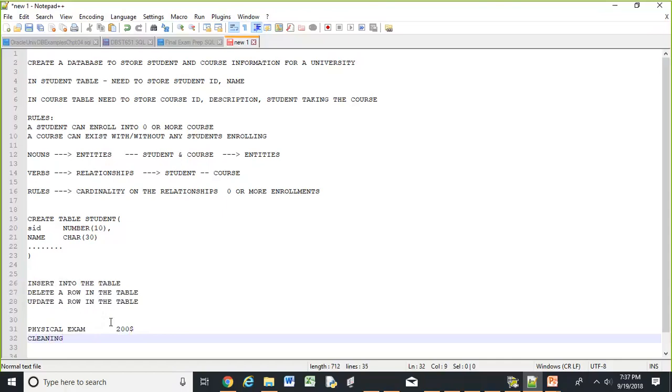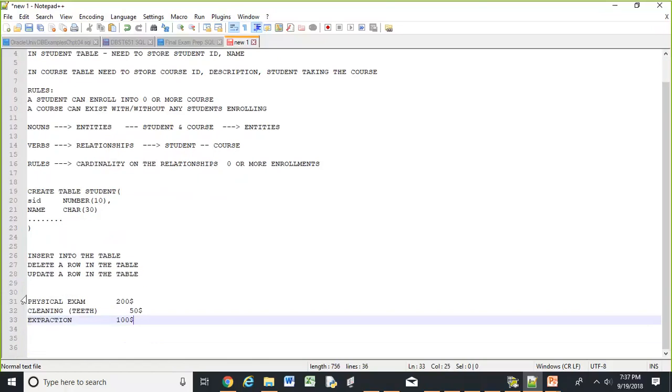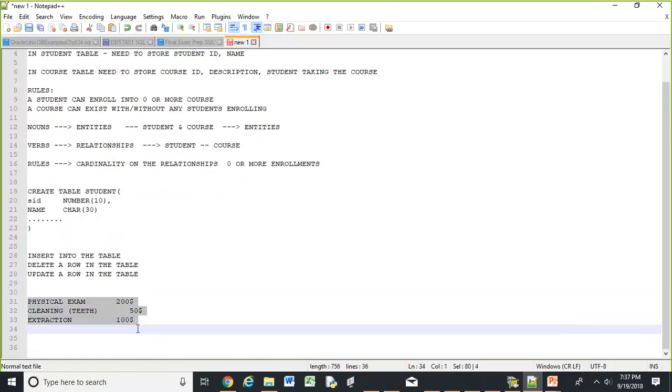Let's say cleaning, I'm talking about a dentist, $50. Extraction, 100. So let's say these are the different types of treatments, and these are the different charges. Now, if you have this type of data in the table,